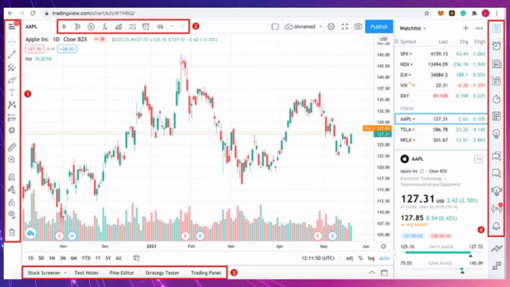Now look at toolbar 2. Here you will find options to change the look of the chart. You can choose between candlesticks, line graph, area graph and more. There's also a search bar on the left to change the asset displayed. Now look at toolbar 3. TradingView does not offer a brokerage service. You will find a list of partners you can trade with if you already have an open account with them. You can also backtest your strategies using the strategy tester function.